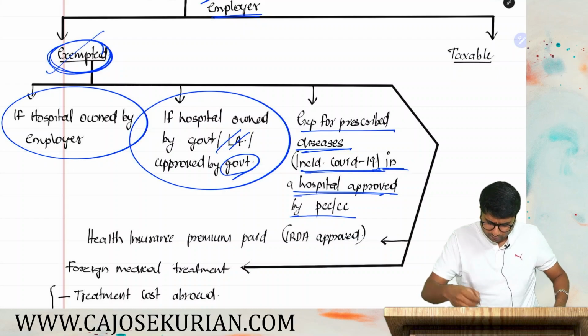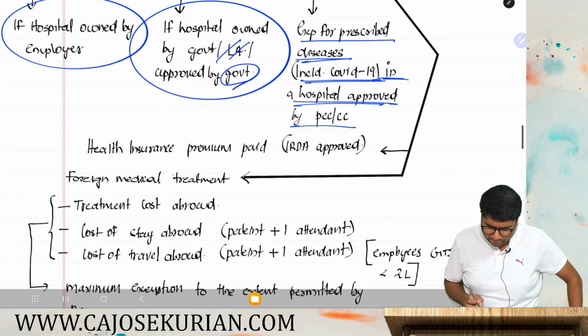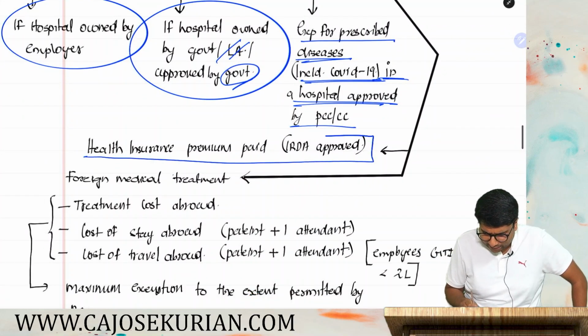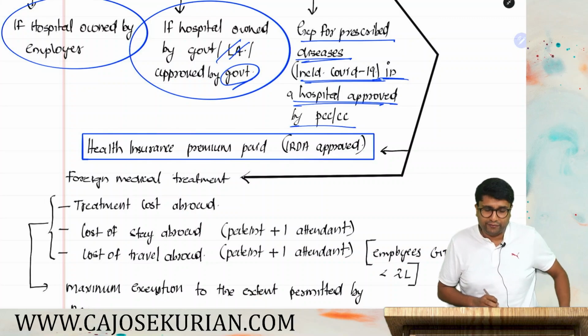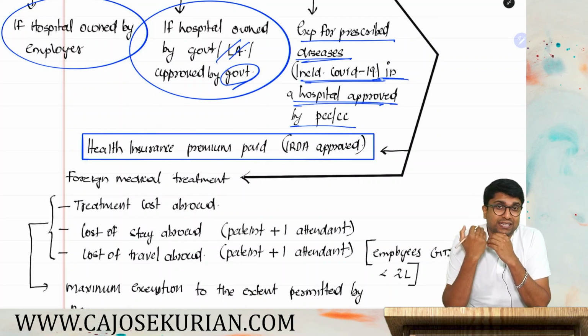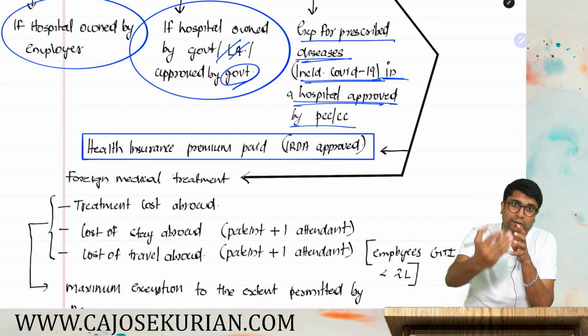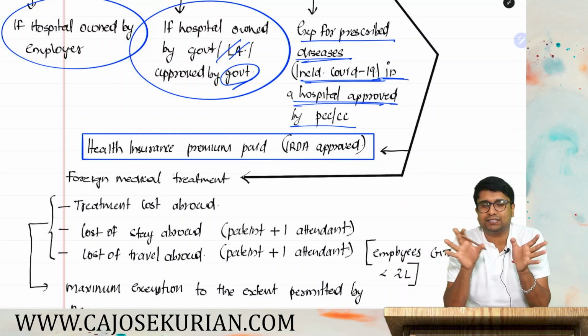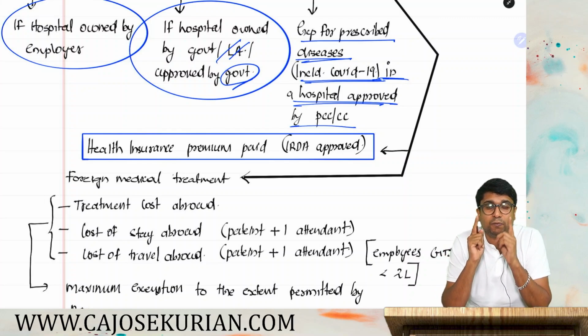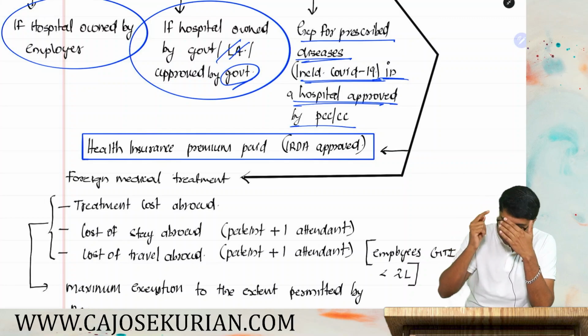Now, there is one more item, that is health insurance premium paid, provided it is an IRDA approved insurance. Say for example, the employee has a health insurance and the premium is actually taken care of by the employer. The employee is getting a benefit, but nothing shall be taxable, provided that the insurance policy has to be approved by IRDA,